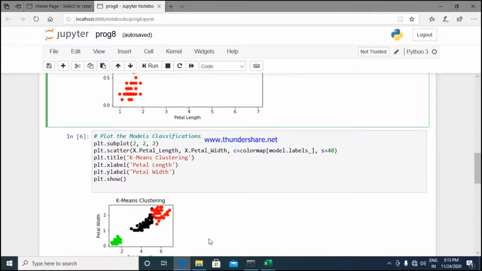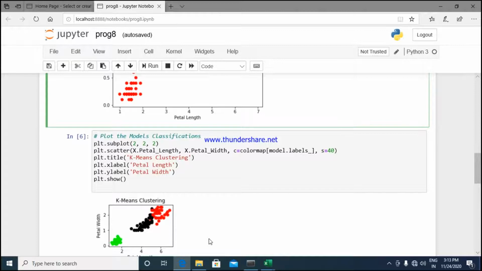Okay. If it is above 2, if your petal length is something like 5.7, 4.9, 6.7 centimeters, then obviously it should be in the form of red. Or if it is less than 1, something like 0.6, 0.4, 1.0, then it has to be displayed in the form of green.